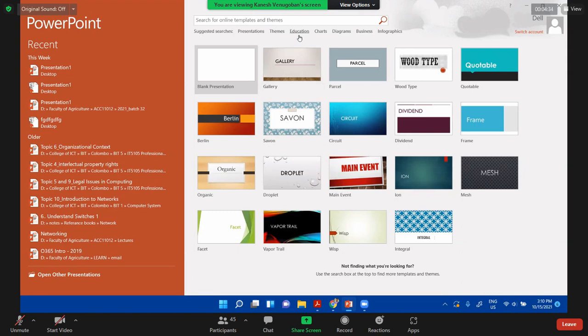For example, if you want education related templates, when you click the education link, the education related templates are listed here, right? You can easily click on a particular template to get it. I am using this blank presentation. I think in the last class,